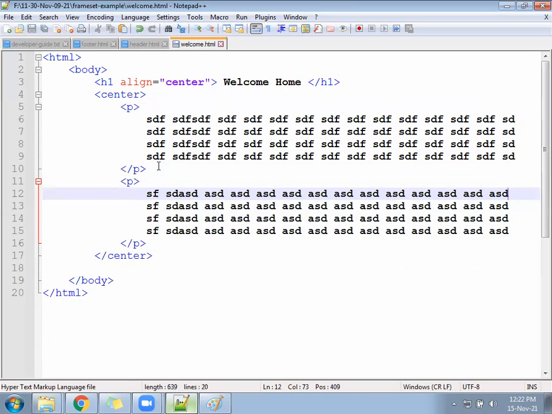You will run the home file. Home will be completely different. So three modules, assume, are ready. The footer is ready, the header is ready, and the middle portion, welcome, is ready.